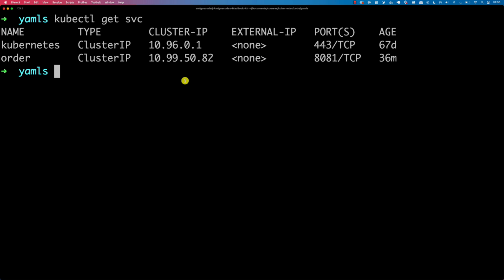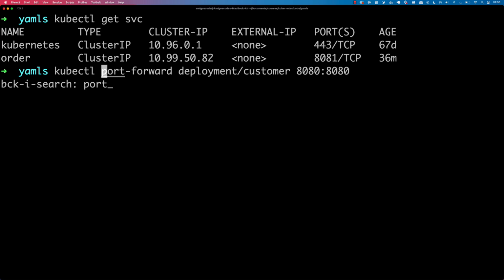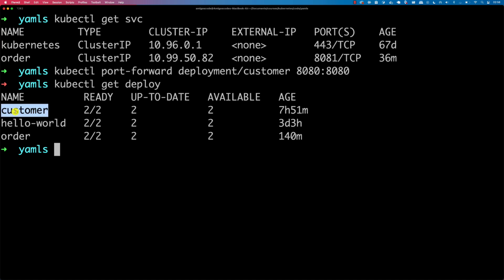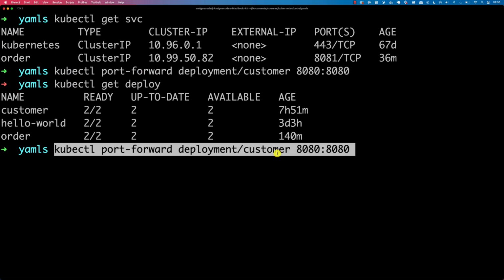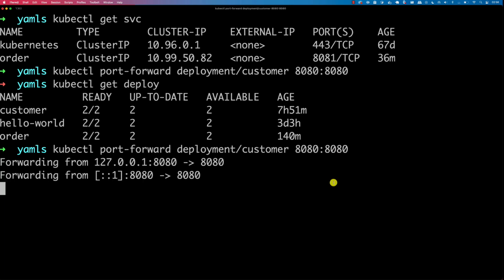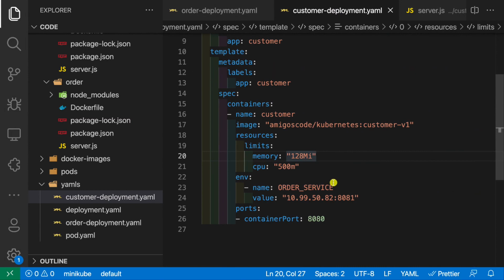But for now, what we're going to do is port forward. So here, just say port-forward. And then we're going to basically do the same. So deployment customer. So let me just show you. kubectl get deploy. So we should have the customer in here. So there we go. So I'm just saying kubectl port-forward and then 8080 on the host, and this is on the container. So enter. Now if I open up my web browser in here,